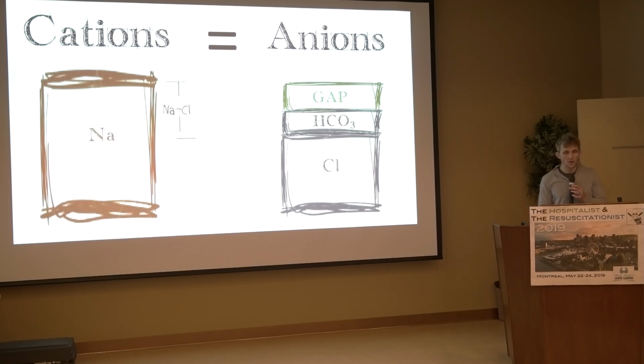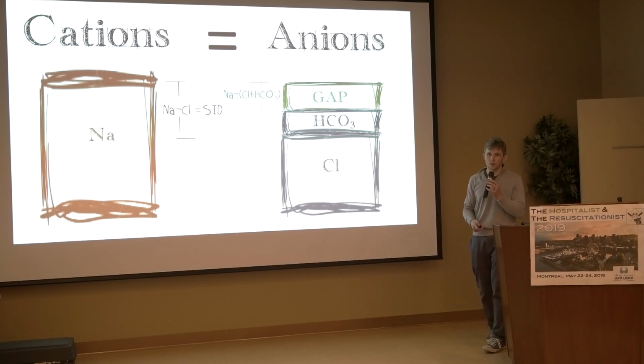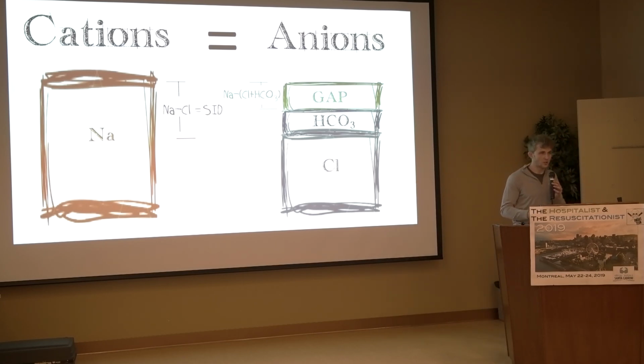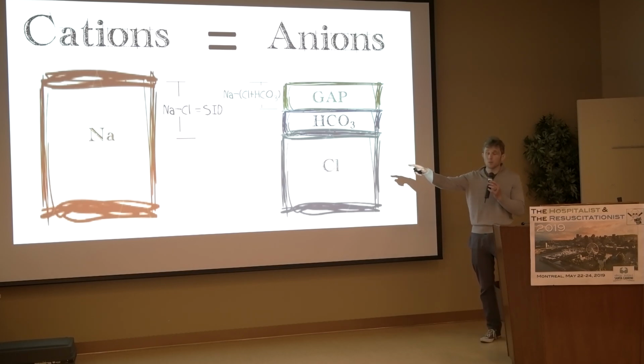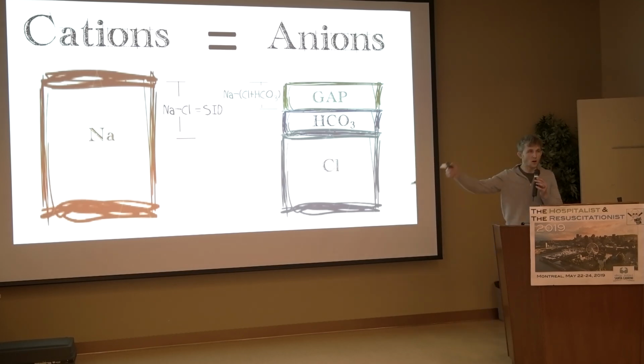So a simple way to quantify the difference between your sodium and your chloride is sodium minus chloride, which is known as our SID, right? And the simple way to quantify the gap, which we already do, is sodium minus chloride plus bicarb, which is known as our gap. You do these independently, they're telling you different things. So the SID is telling you how much chloride is in your system in relation to your sodium, and the gap is telling you how many unmeasured anions are in your system in relation to your sodium, right? That's all you have to do. And that'll tell you everything you need to know from a metabolic profile of acid base.